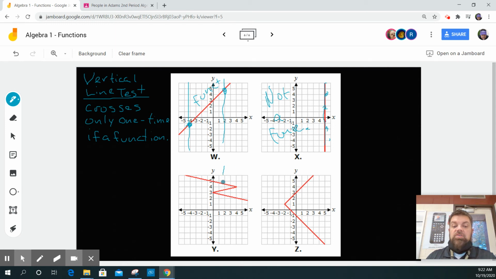What about here? If I draw a vertical line here, it crosses 1, 2, 3 times. This is not a function. It's a mathematical relationship, but it is not a function. And again, if I draw a vertical line here, I'm going to cross 2 times here. This is not a function. Okay? And that's another way to